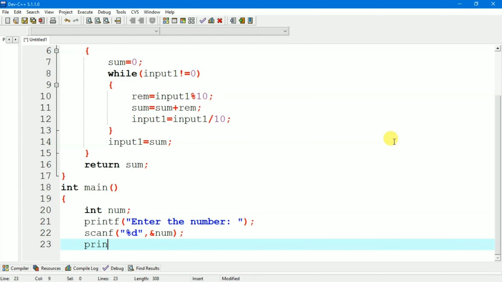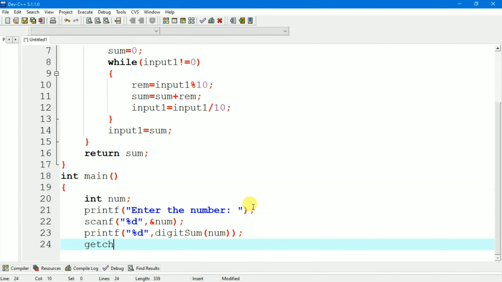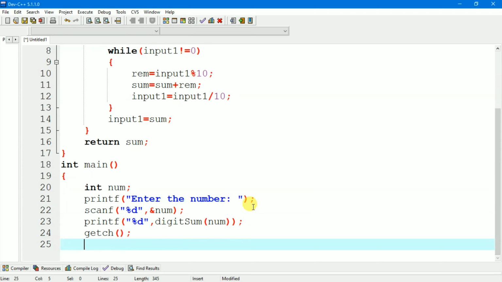After that we will call the function with %d, and here our function name is digit sum. So here digit sum, and we will pass the number, and at last getch to hold the screen.